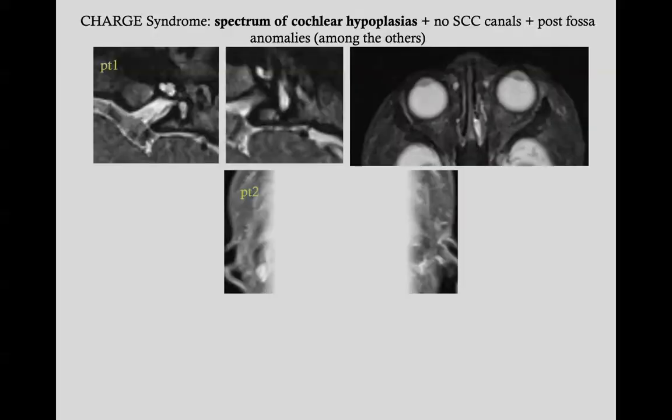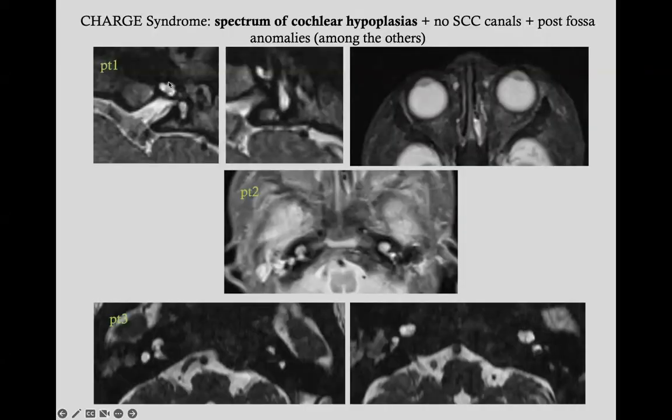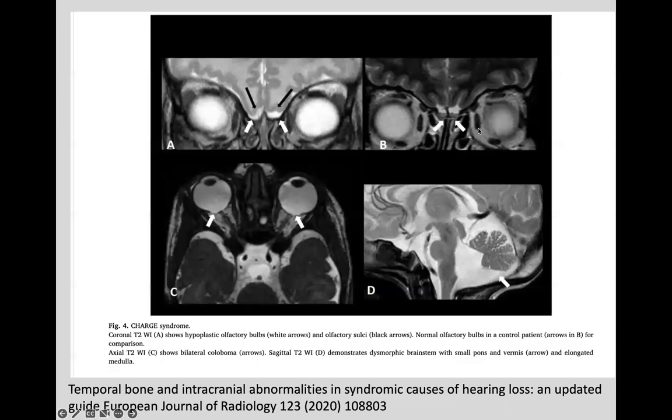look at these three cases. Cochlea can be normal here, very abnormal here and there, but all these children have a very small cyst instead of the vestibule and no semicircular canals. All three, this is CHARGE. Keep looking, the brain can be abnormal, but look, choanal atresia, very, very typical of CHARGE, and also very typical of CHARGE,